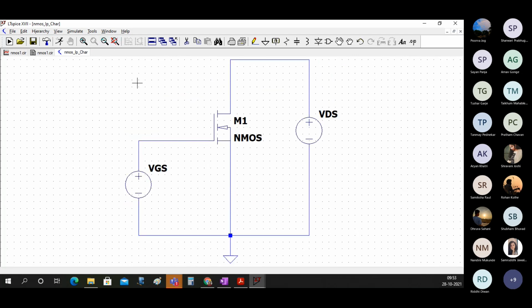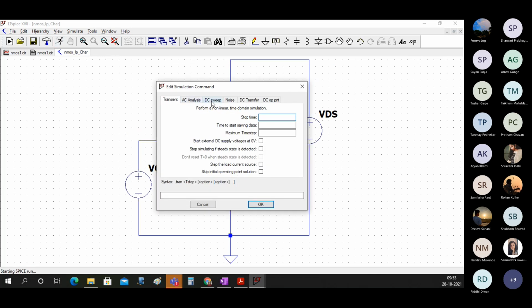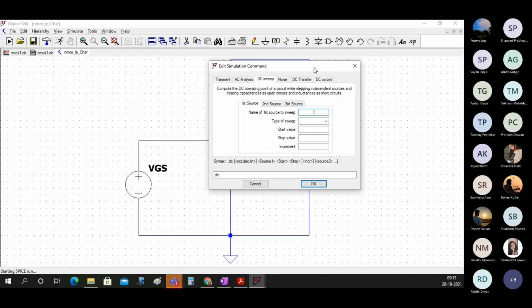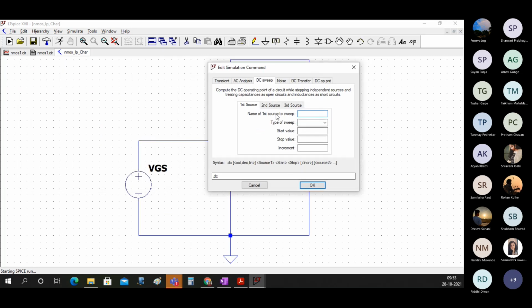Now what we could have done is simulate this DC sweep. First source we would have said VGS. This is my VGS. Type of sweep, you can take it as linear. Start value is 0, sweep to 5, and increment in steps of 0.1.